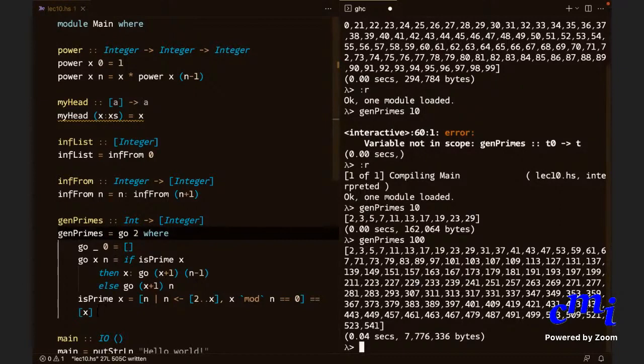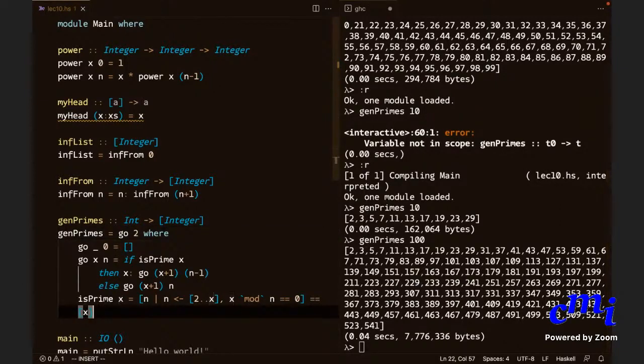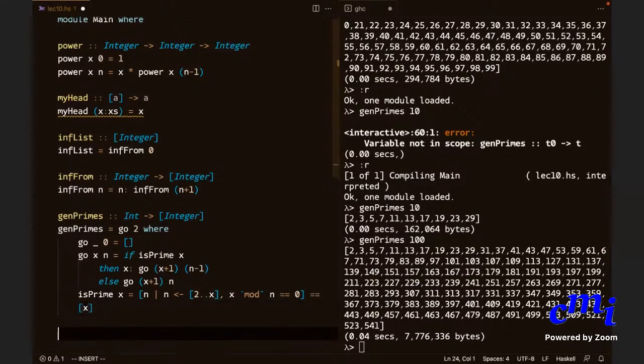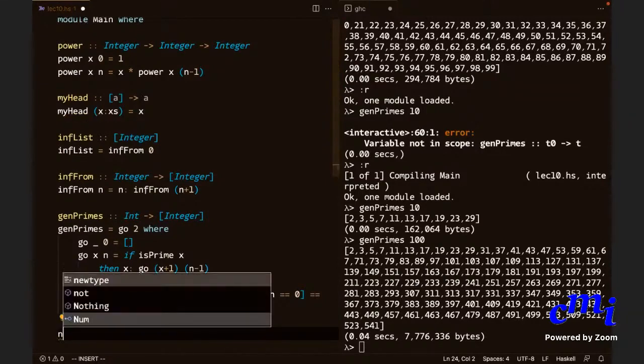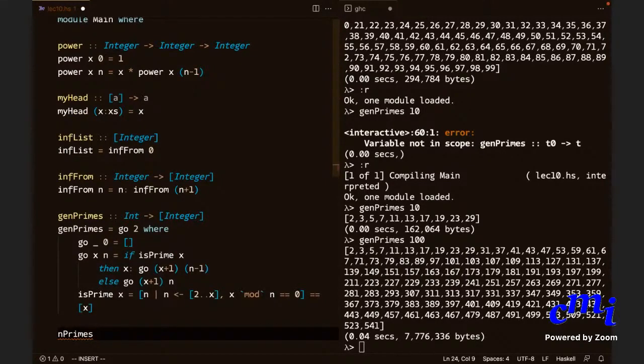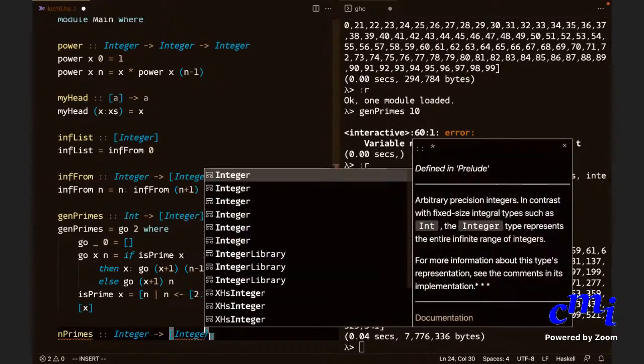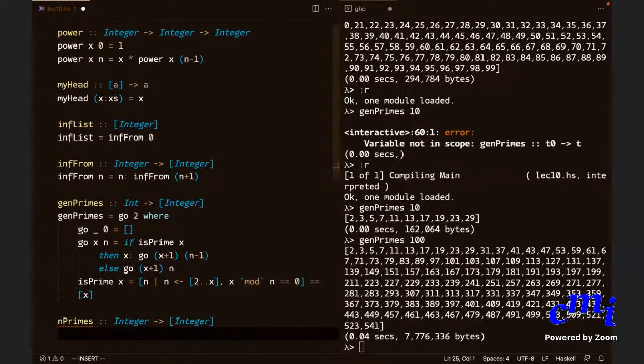Instead, here is a beautiful way of generating however many primes you want. Let me call it n primes, meaning I want to generate n primes. I want to define primes, but what is primes?